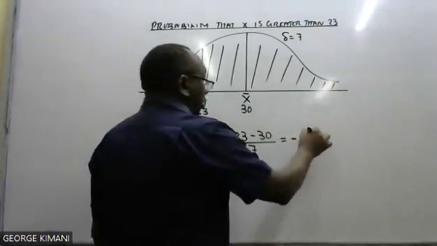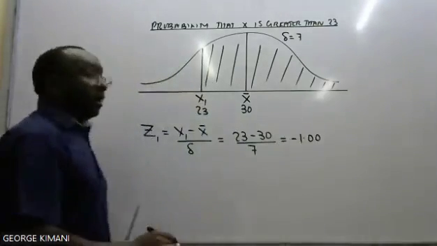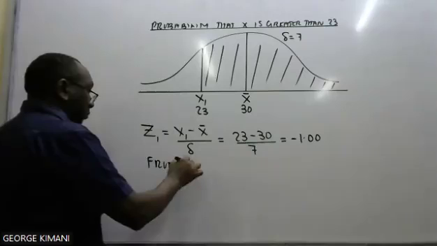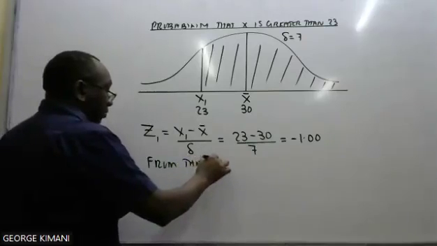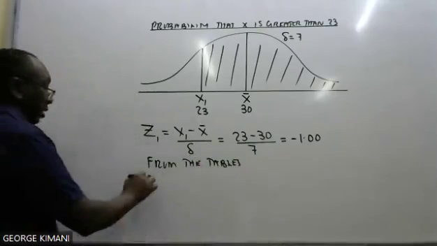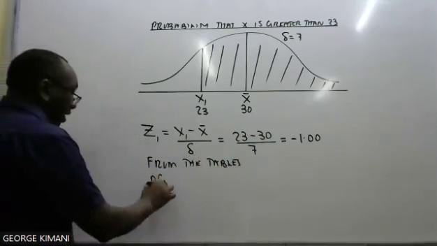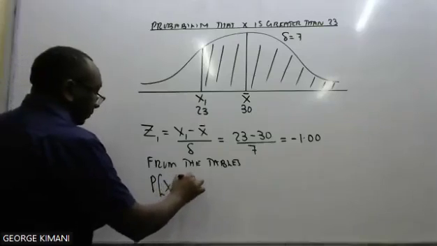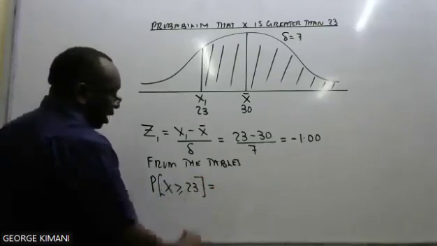Negative 1.00. From the tables, the probability that x is greater than or equal to 23 equals